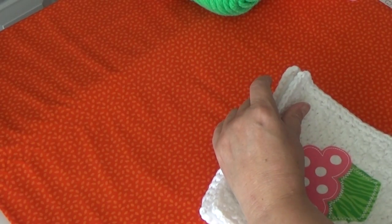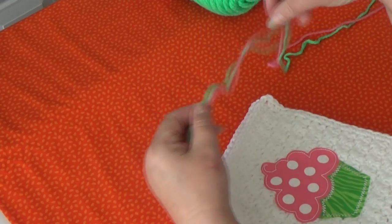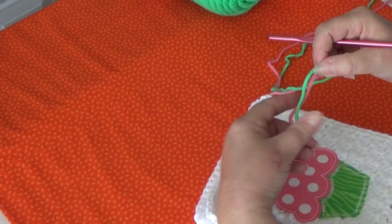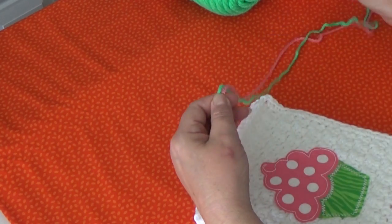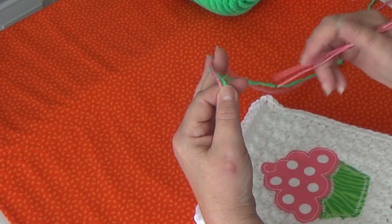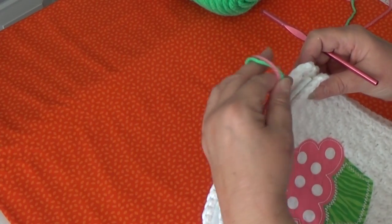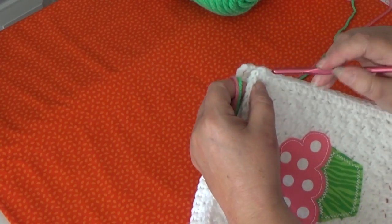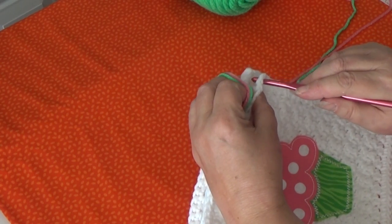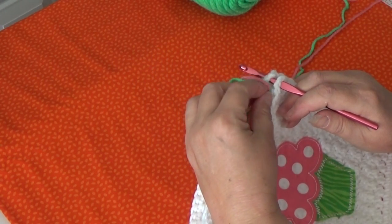back through both pieces. So to do this border, you're going to use 2 strands at a time. You're going to use 1 strand of pink and 1 strand of green. You hold them both together. What I do is I leave a little bit of length and I work right over that length, and then I stick it down inside the pot holder. So insert your hook in that top right hand corner chain 2 space. I'm going to start with the pink,